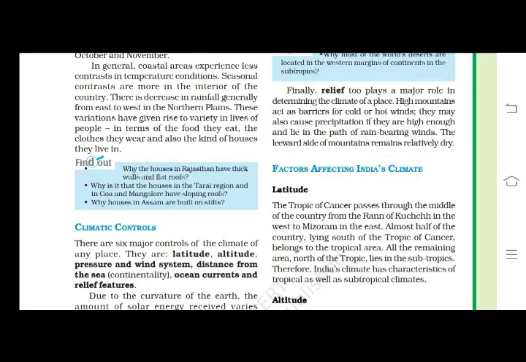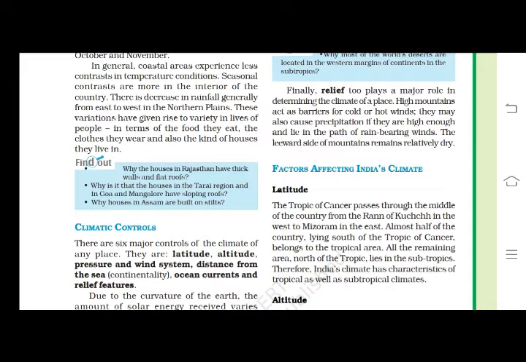Okay. So we were studying the topic factors affecting India's climate. In this, we have first shown what the climatic controls are. According to that, we are going to see what the factors are and how they affect India's climate. Now first, if we are talking about the factors,